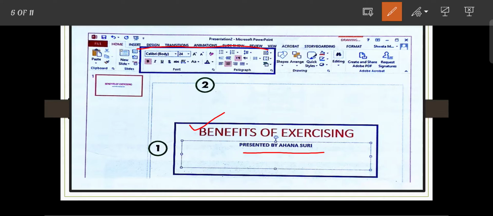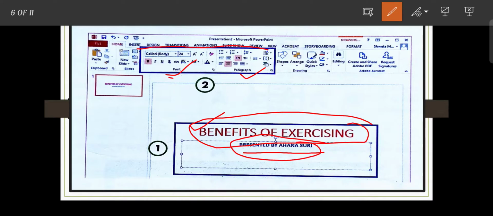This is the Font group and this is the Paragraph group. To format this text we use these options. I have already discussed all these options from the Font group and the Paragraph group.